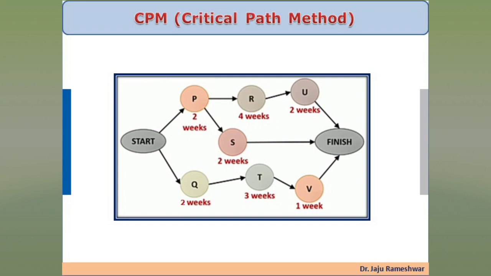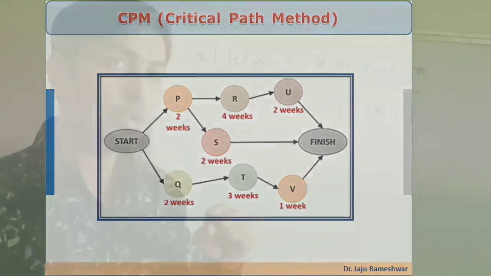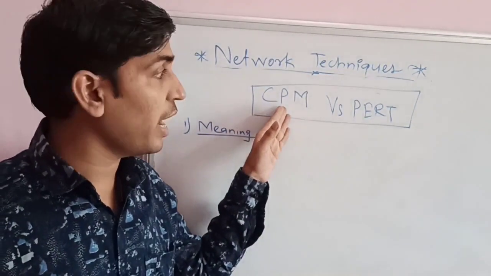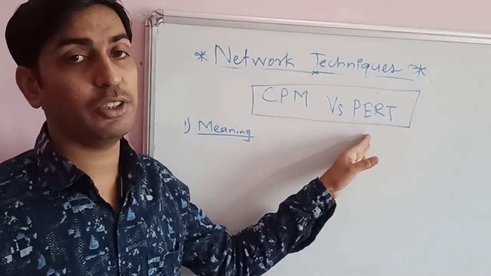At the same time, this network connects all the activities and shows which activities could be carried out first. So we could say that in a series of activities, some of which must be performed sequentially and others could be performed in a parallel way. So this is the network diagram for the CPM. Moving towards the main distinguishing factors between CPM, critical path method, and PERT, that is project evaluation review technique.